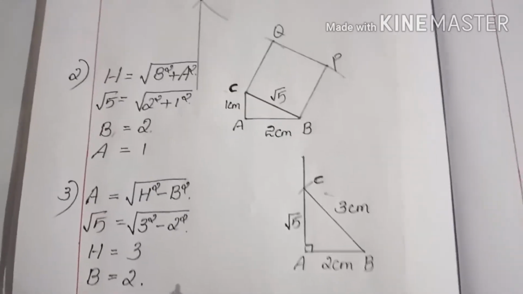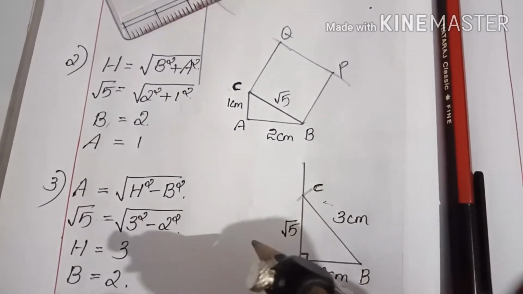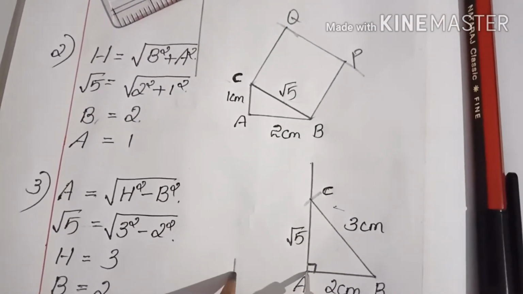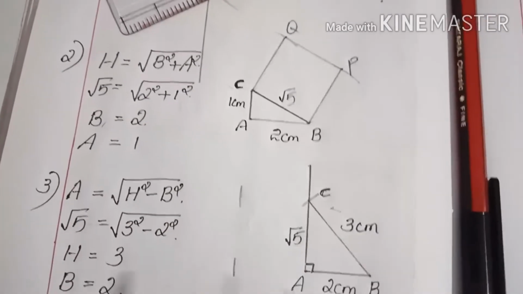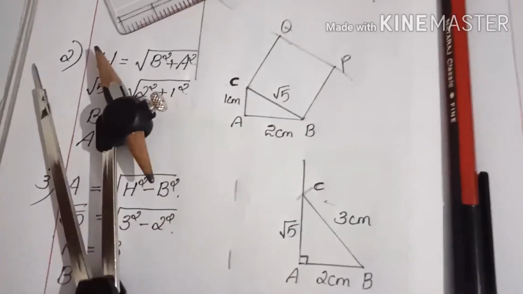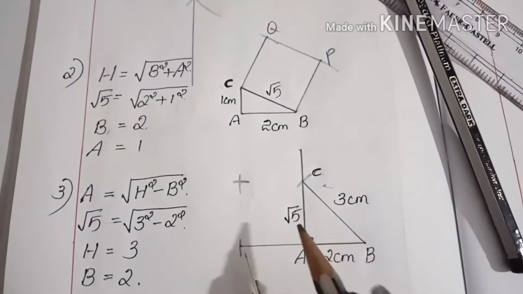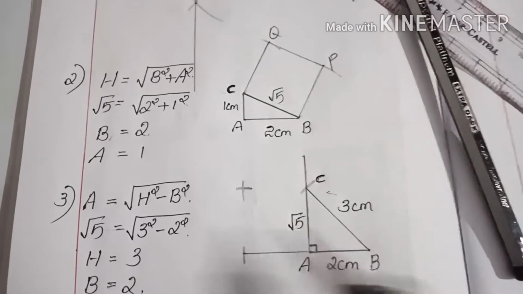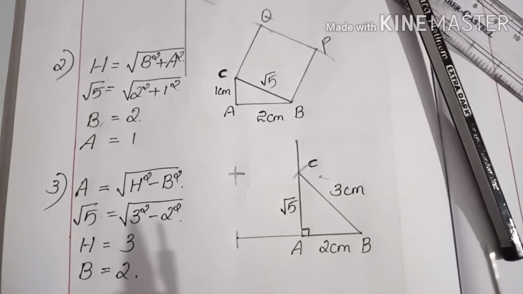Now draw the square. To draw the square, measure AC in the compass. Then draw one arc like this. Then from C point also draw one arc like this. Then extend this line, and from that line also you can draw one arc, one more arc here. Now by joining these 2 points to this point, we will get one square of side root 5, that is area as 5 centimeter square.